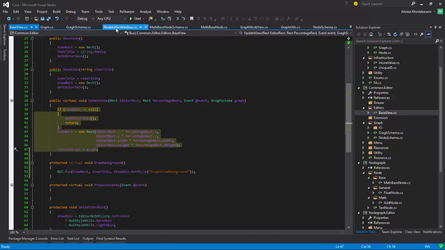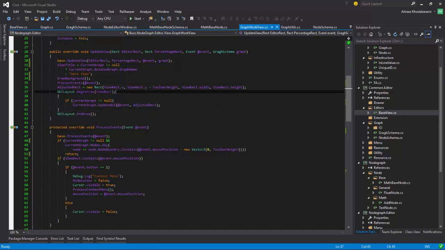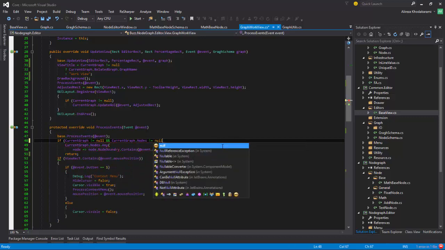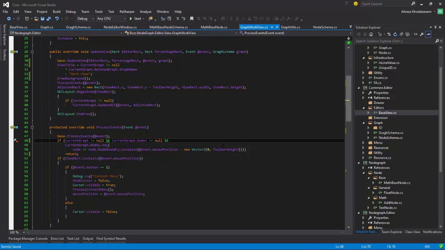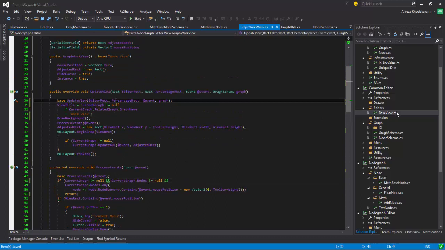Current graph equals graph. Oh. Work view, where are you? Yeah, of course it won't work. Where is that link? No, I'm checking for null. Ah, here we go. And current graph dot nodes does not equal null, and that's basically it. So I could move this guy again down, remove this part,